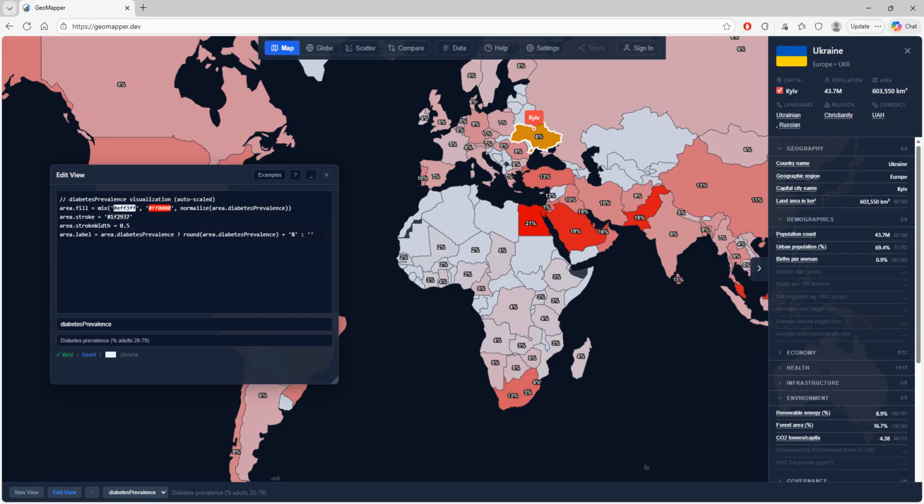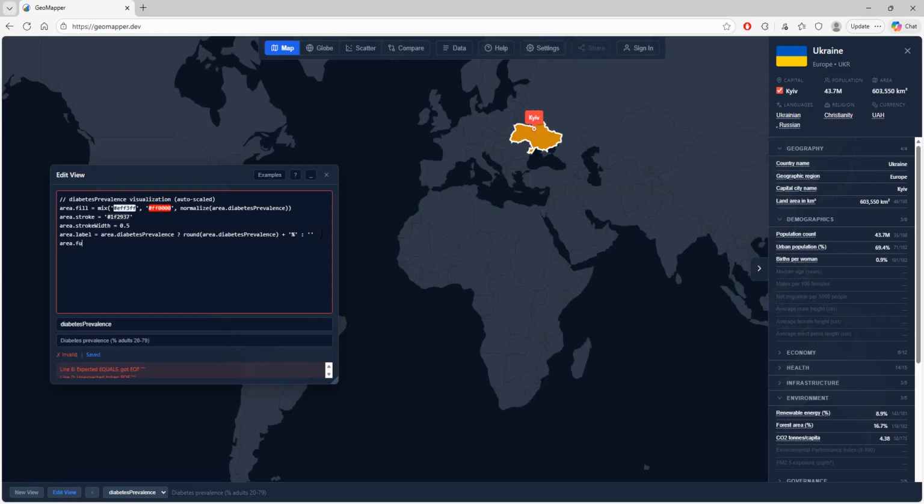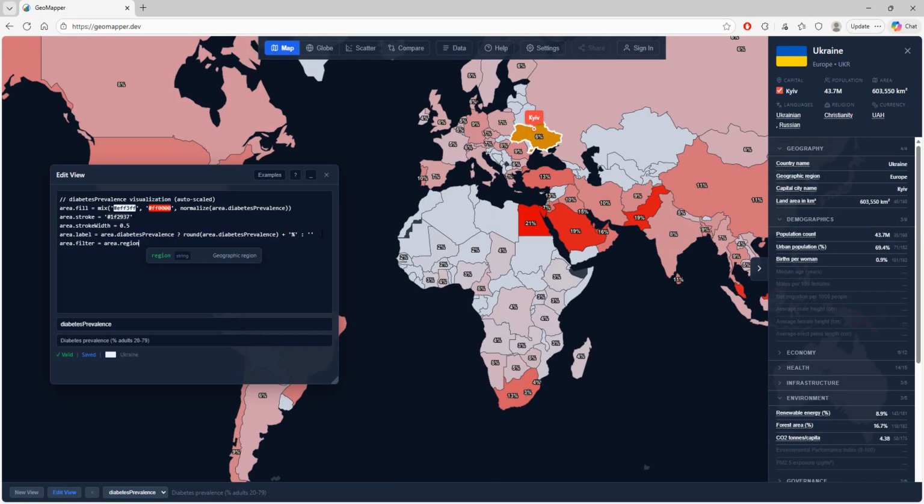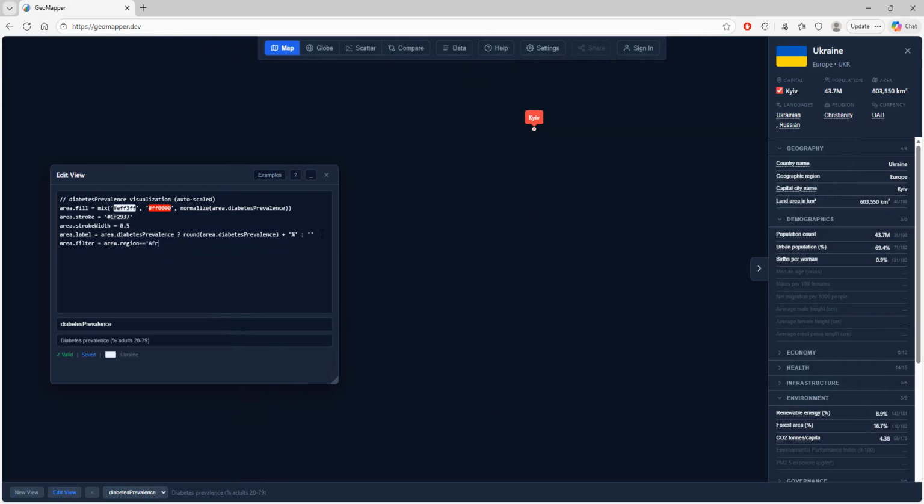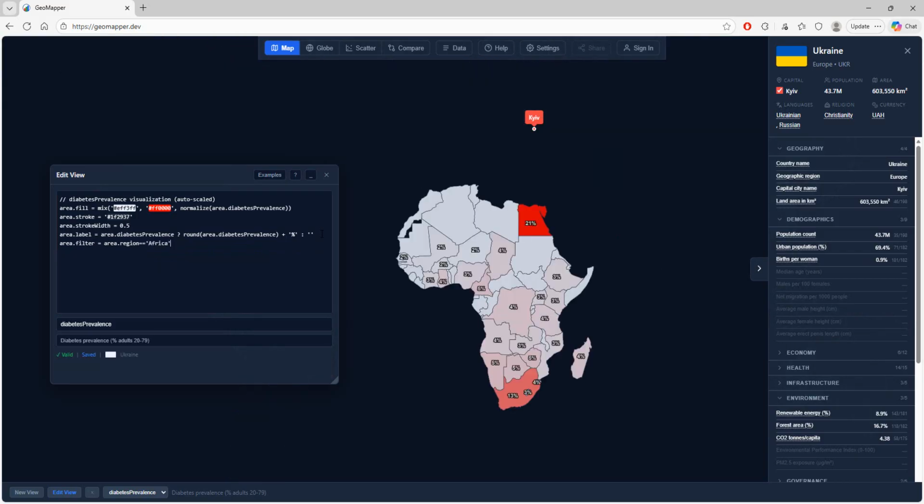So I can go here. I can say area.filter. Filter equals, and that's an expression that if it's true, it will show the country. If it's false, it will not. So we can say area.region equals Africa, and now it will only show